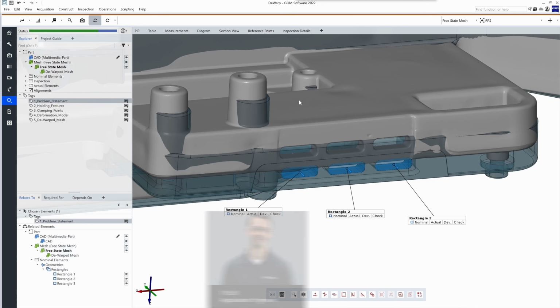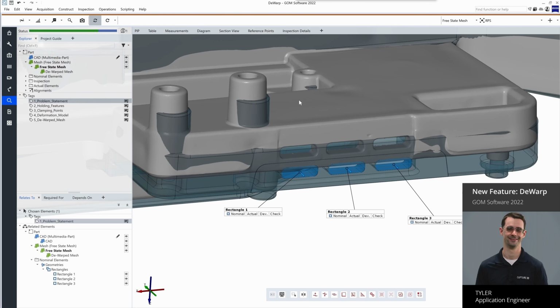Thanks, Emily and Kyle. What I have here is a thin plastic part that has warped during the cooling process after it had been molded. These three LED indicator cutouts are not in the correct location, as you can see. However, once this part is assembled to its metal base plate through holes here, here, and here, it's very likely that these LED indicator cutouts will be in the correct location.